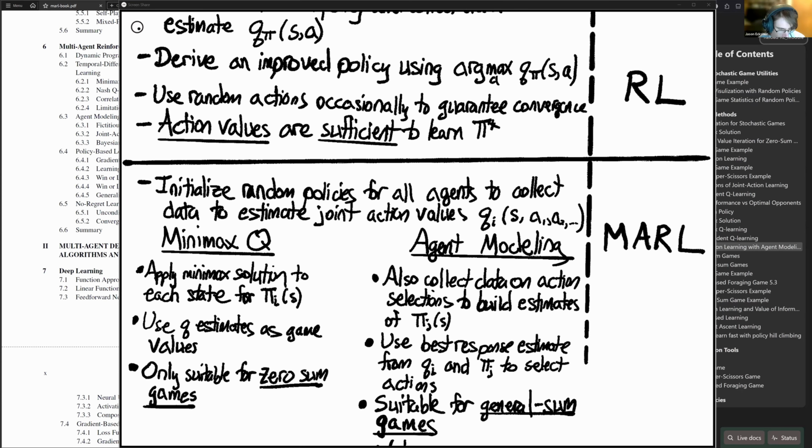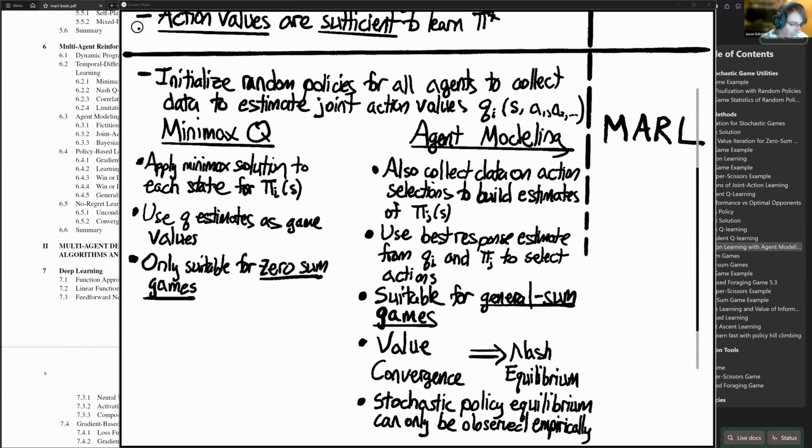And in agent modeling, on top of trying to estimate the joint action values, we also collect data on the action selections for all the agents. So as we go through the problem, we can count up in every state how often an action was selected by the agents. And we can then use averaging to have a very crude model for the behavior of every agent. So we have this running tally of what we think the policy is for all of the agents